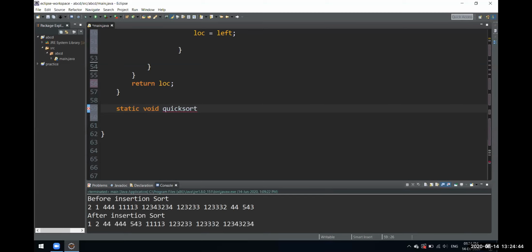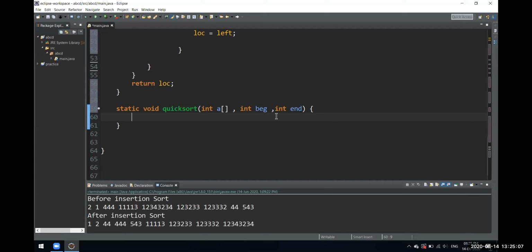We'll name it that. Here we'll pass an integer array named a, and we'll pass the beginning over here also, and the same parameters which we had for the partition one, we'll pass them over here. And inside this,